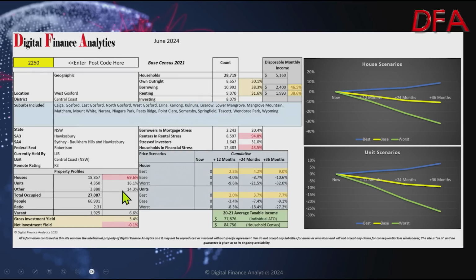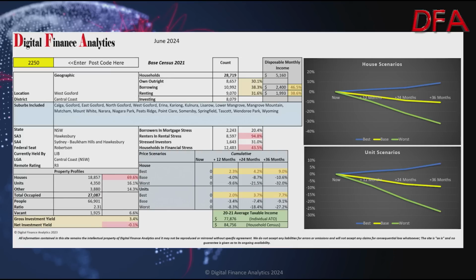What we then do is to look at the mix of property. So 69% are houses, 16% are units, and 14% are other types of property. We can also look at the people ratio. So people ratio is telling us something about the mix of people in the area. So 2.31 is quite high. That essentially suggests this is more families than individuals. The vacancy rate is also there as well. The vacancy rate is based on the last census data, but it also is interesting to watch that in some areas with lots of second homes and Airbnb, the vacancy rates are quite high.